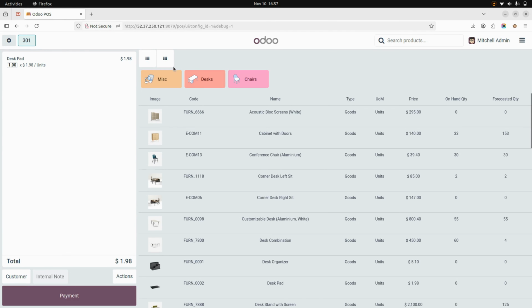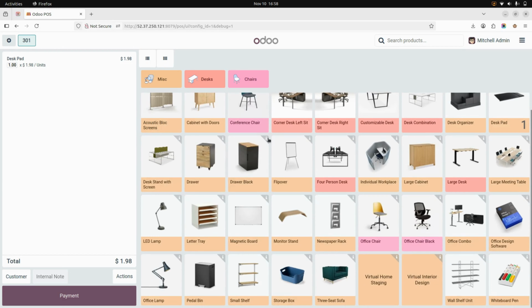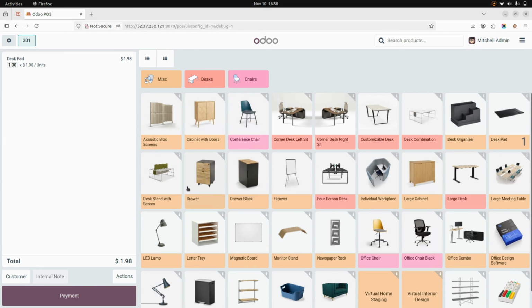After that, I'm just going with the grid. Here you can find everything. The products are now in the grid format. Now I'm just going to the backend,